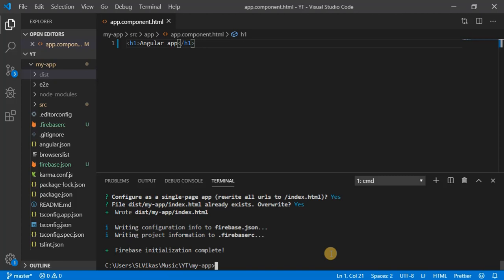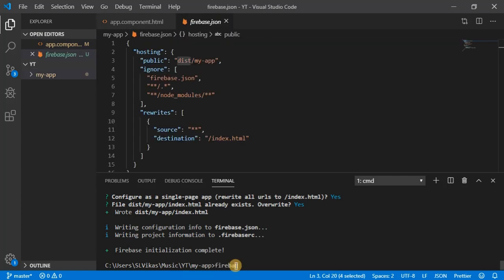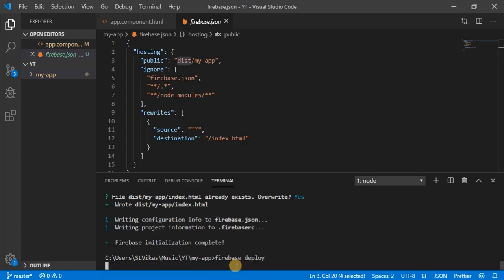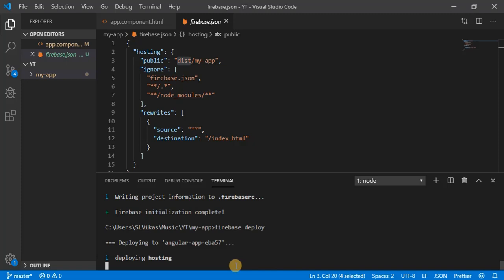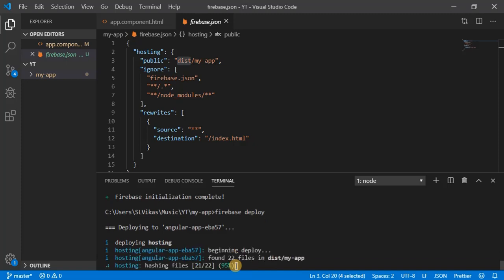Now we are done. All the setup is done. What we have to do right now is firebase deploy. Already we have selected which project we want to deploy to. So it will deploy our application to Firebase.